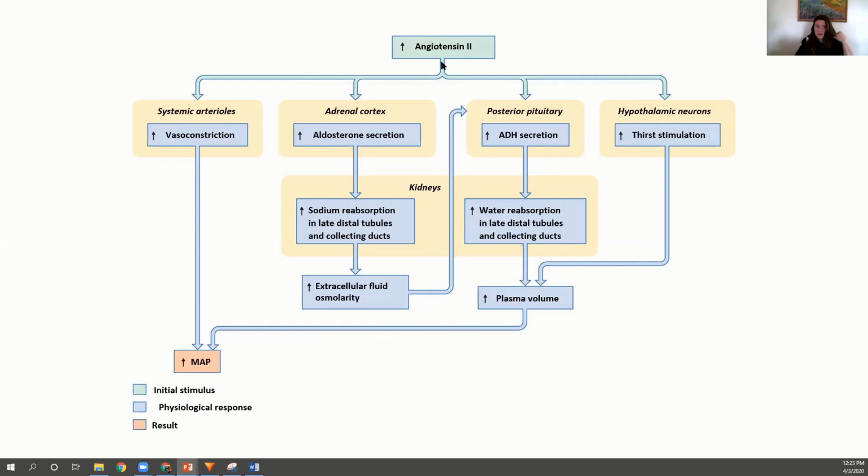So what we're focusing on right now is the effect of angiotensin 2 on aldosterone secretion. But we can see that there are